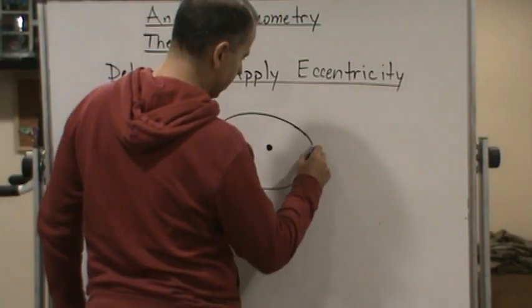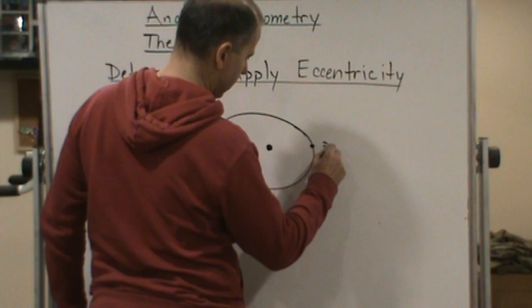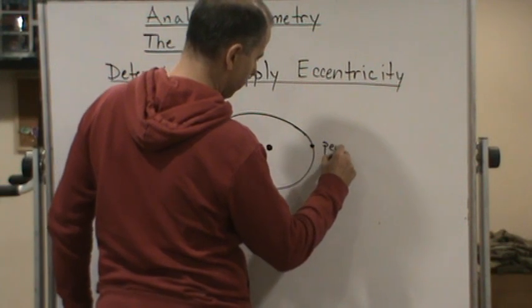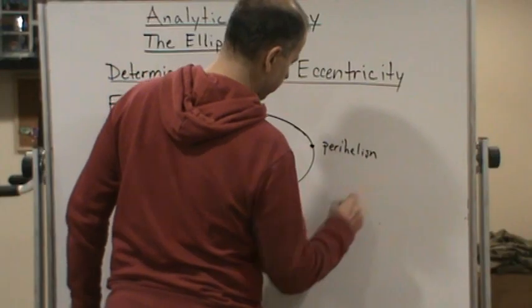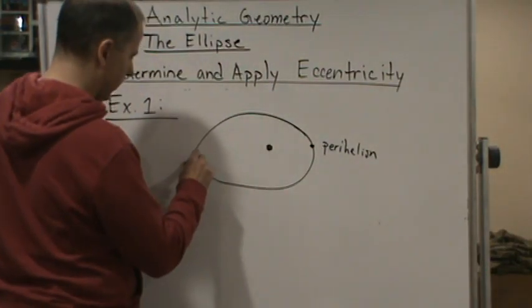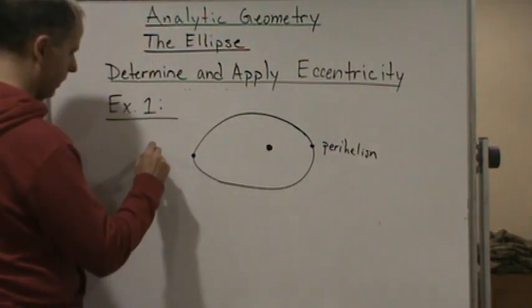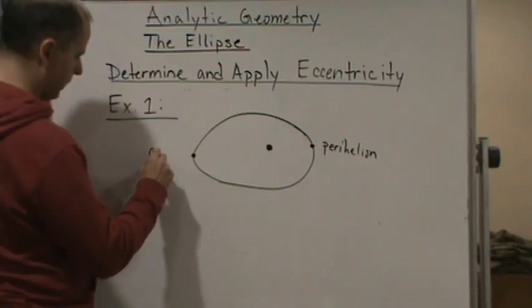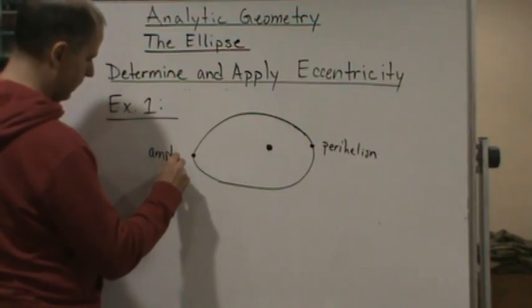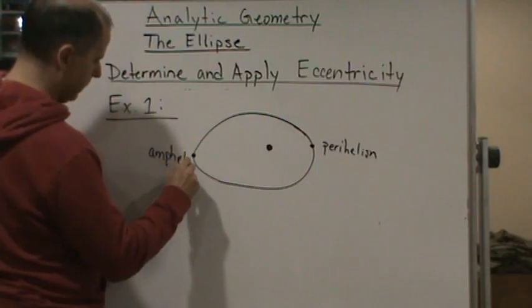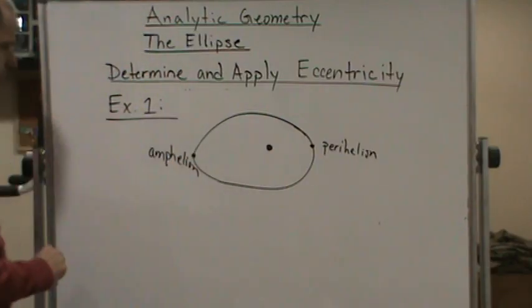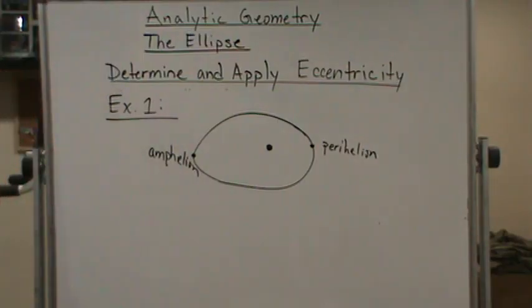Okay, so let's say this would be the perihelion. Okay, and then over here would be the aphelion. Okay? So now what do they give us? They give us the distance